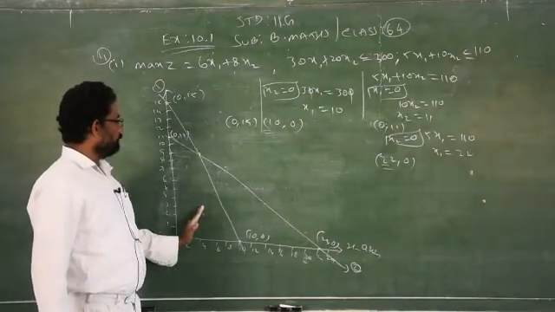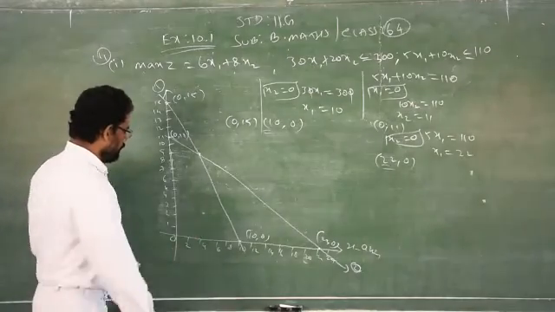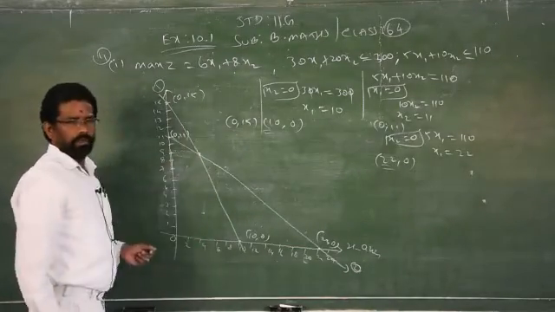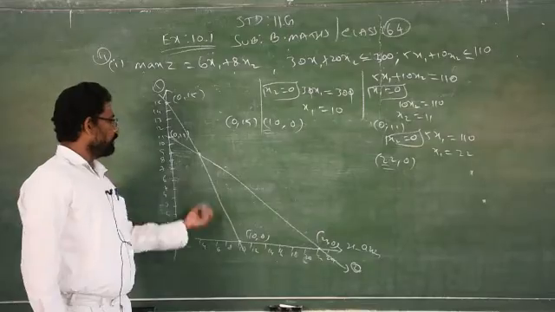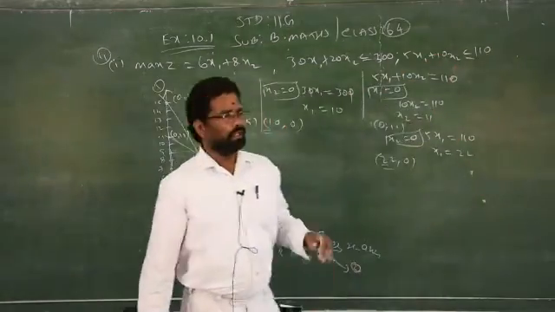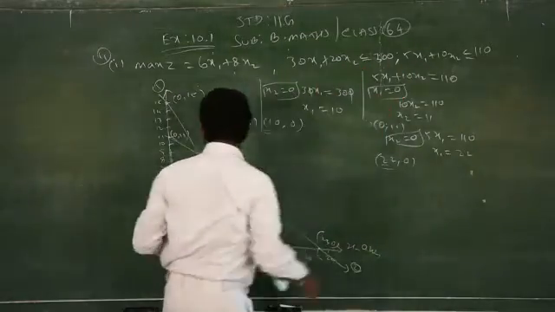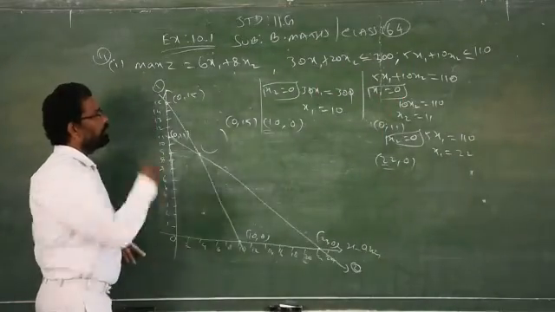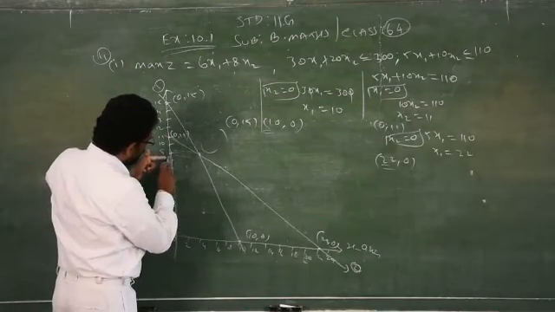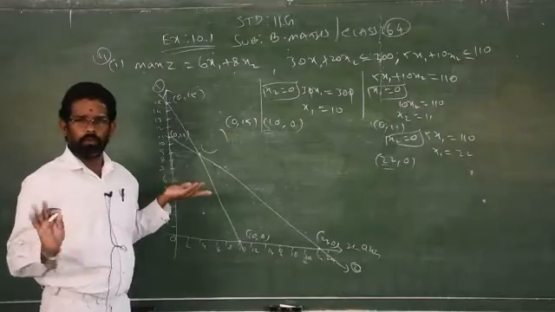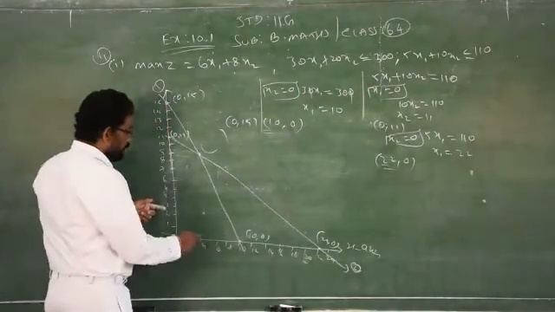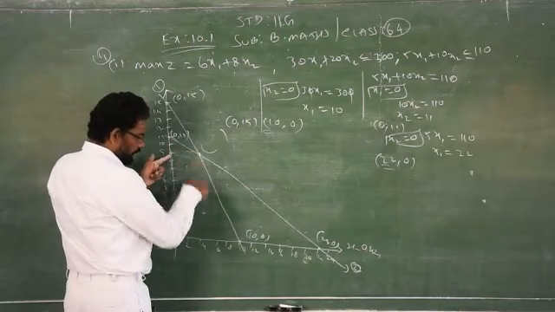If you do the calculation exactly, then the intersecting points will come exactly 4 or 9. But without seeing this, you can find the intersecting points by solving these two equations. Either you solve these two equations and write down the answer, or without solving you can find the intersecting points by seeing that graph. Clear? Both will get marks, but the solving is not necessary if you got the exact answer by eyesight from the graph sheet.